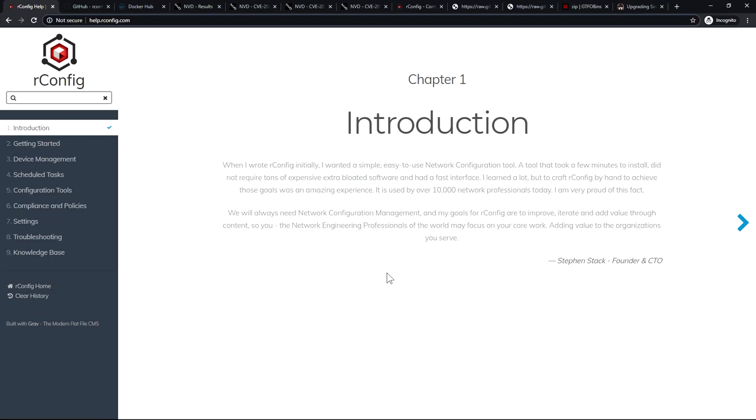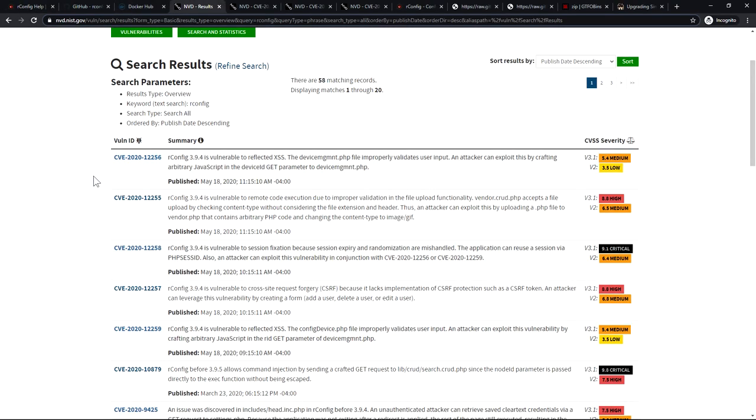In the past several years, many security researchers have found vulnerabilities in the rConfig open source application. If I go to the National Vulnerability Database, that is NVD, and search for the product rConfig, we can see there are many vulnerabilities found that affect the rConfig web application.